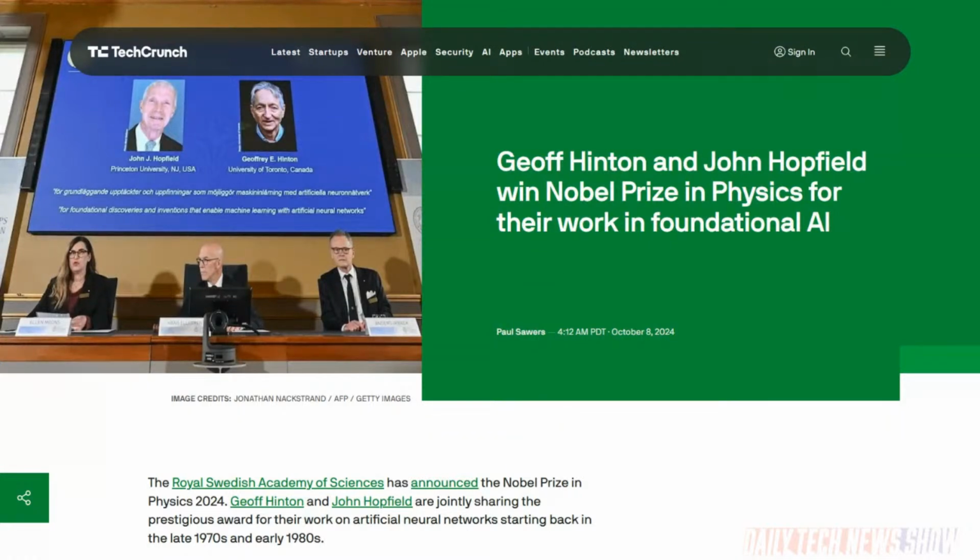The recognition comes at a time where AI is clearly a driver of the industrial revolution. Some people call it the fourth industrial revolution. Hinton and Hopfield were honored specifically for their, quote, foundational discoveries and inventions, end quote, that have enabled the development of machine learning through artificial neural networks.